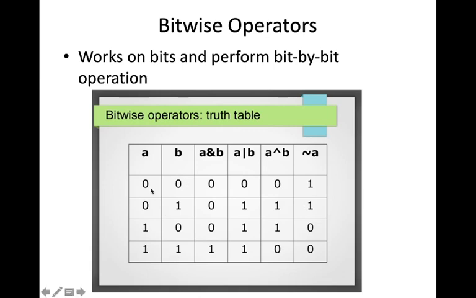Here 0 and 1 do not denote true and false. It is actually a bit. A is a bit, B is another bit. In that bit, we can store either 0 or 1. In the memory, everything is bits; bits of information will be there. In each bit there will be a 0 or 1 value. So we need to manipulate those bits, and for that we can use these operators. If both the bits are 0, then for AND it is 0, like that. You have to interpret this.